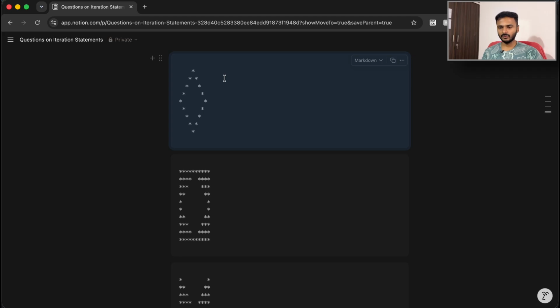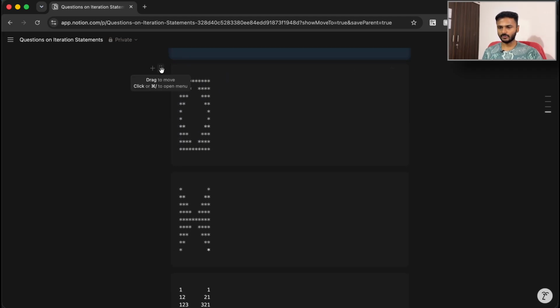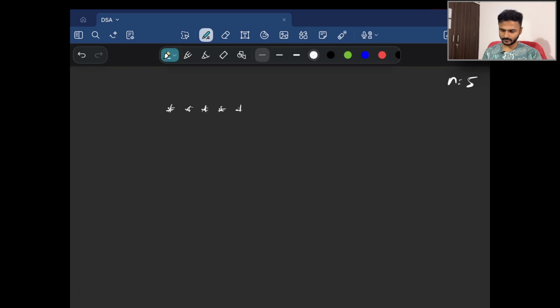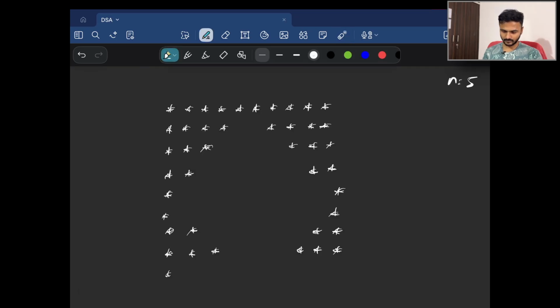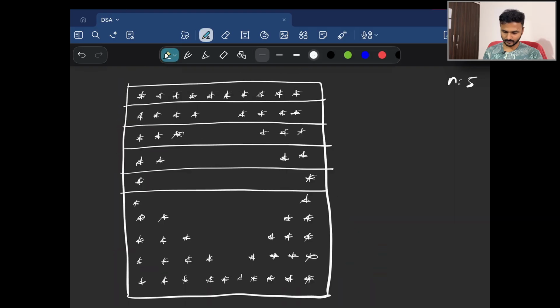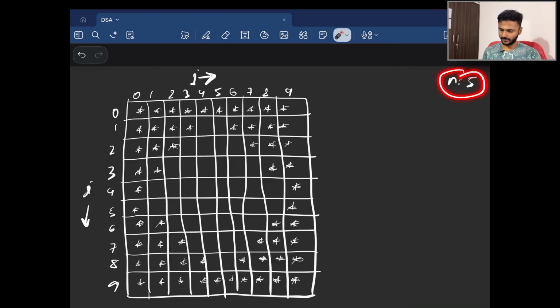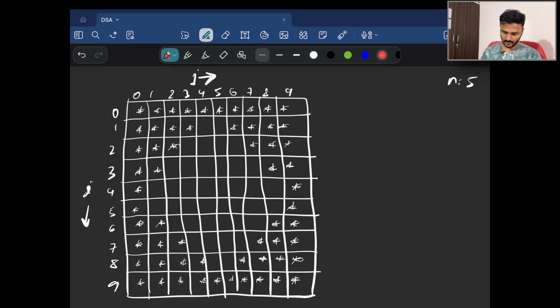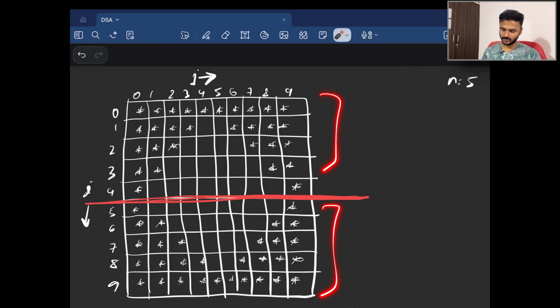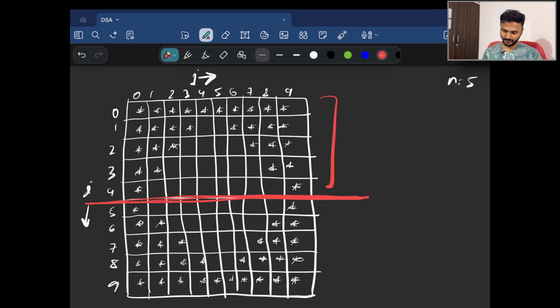So with this, let's move on to the next part of the pattern, and we will go a bit faster over here. All right, so for n is equal to 5, this is what we're supposed to print. Now this pattern as well is symmetrical, right? And it is symmetrical across this line. Now this time, the line that is dividing this pattern into symmetrical parts is not passing through any row that is part of the pattern, right? So this divides the pattern in two parts only,